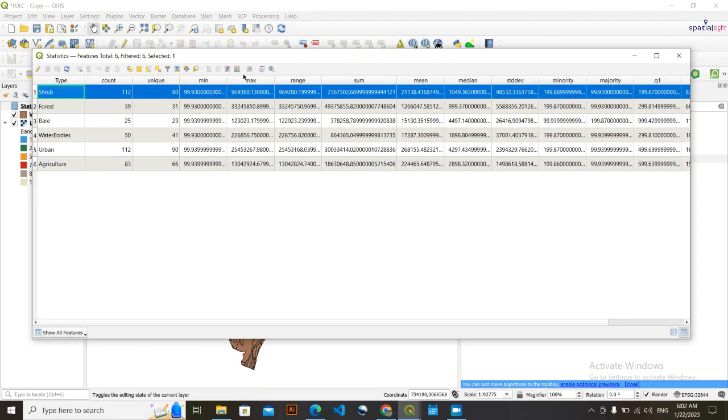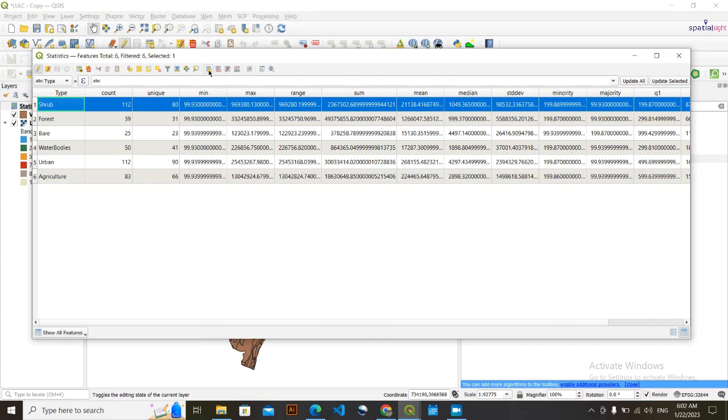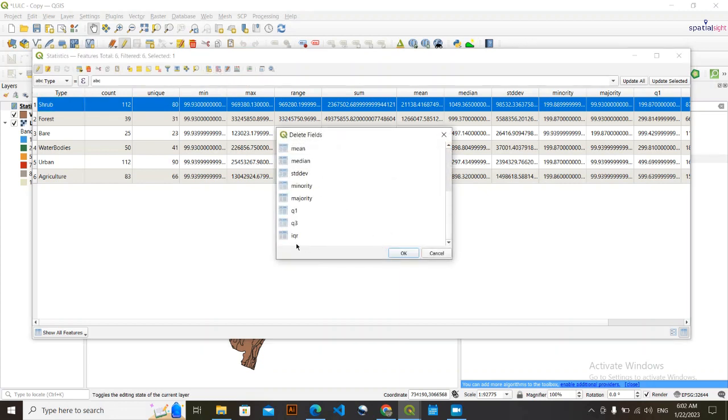But now I'm just focused on this sum, because I need the total area for this sum and similar things. So I'm going to simply remove all the unwanted things that I don't want here. Simply go to delete field and just